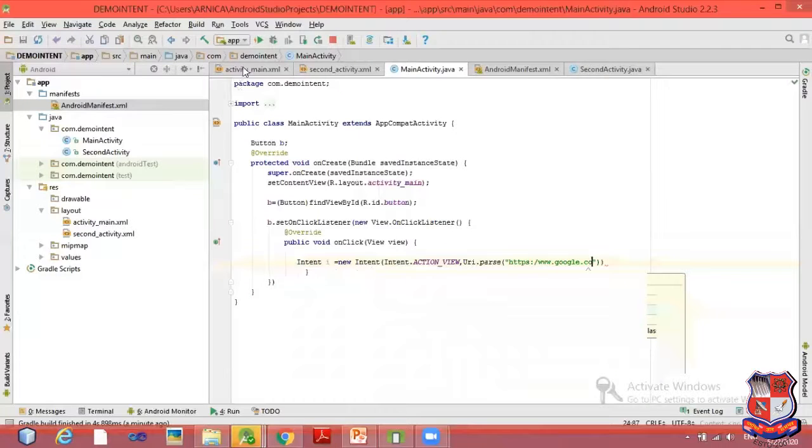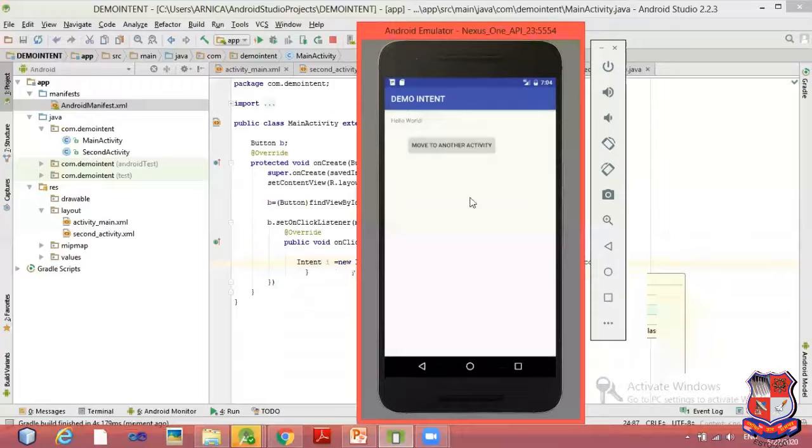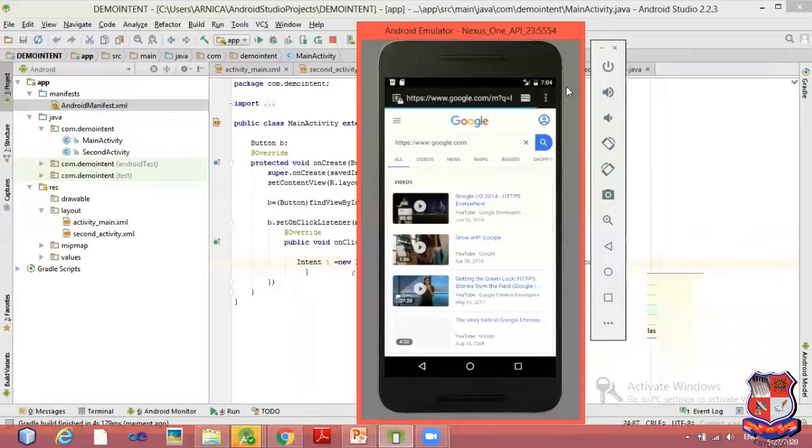So let me run this. Okay, you can check here. It is open.